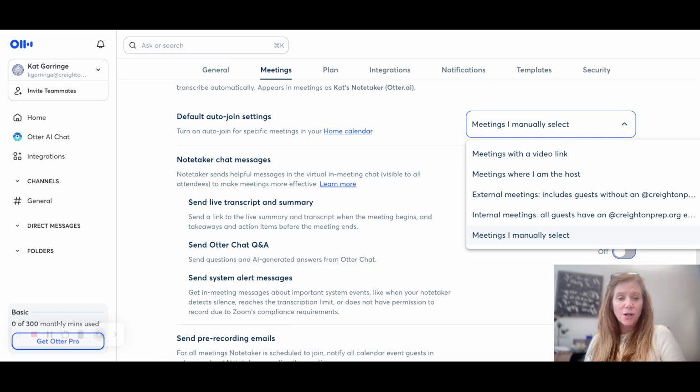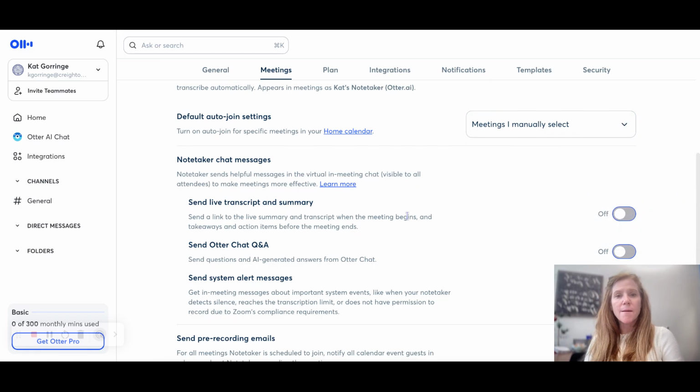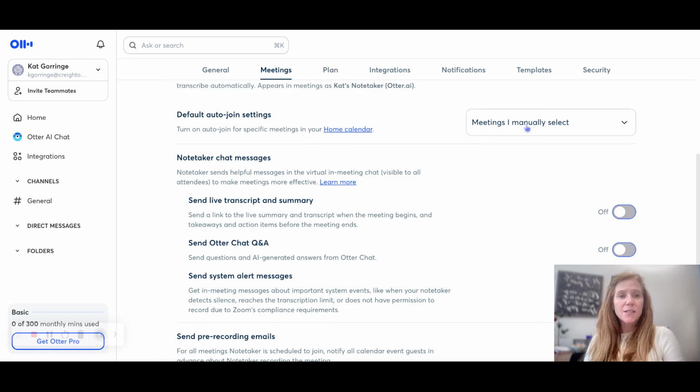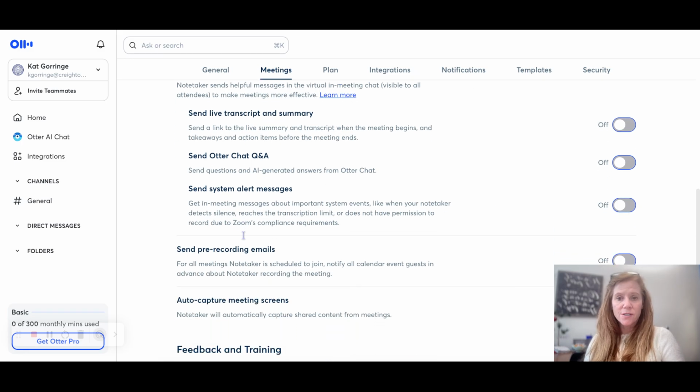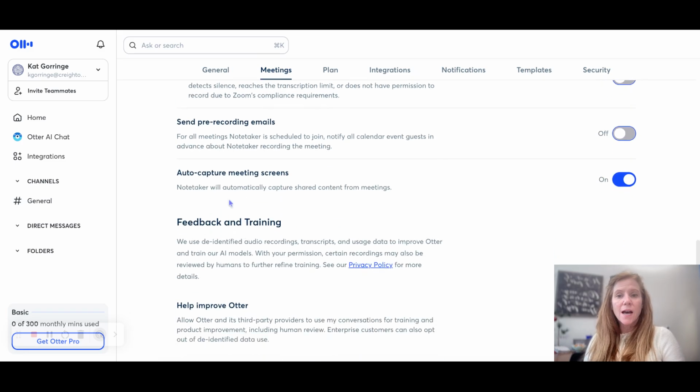You can't completely turn it off without deleting your account from the app, but make it so it's manual. So you very intentionally say, I want you to go record this meeting. Okay. And then I've just turned off all other settings that exist. And again, that can be turned off as well.